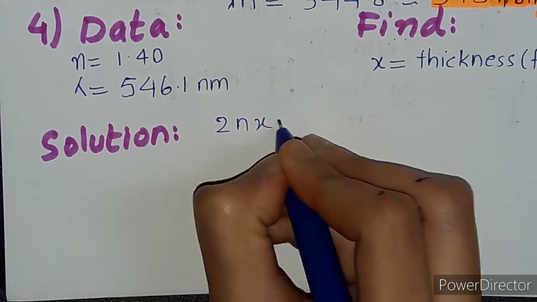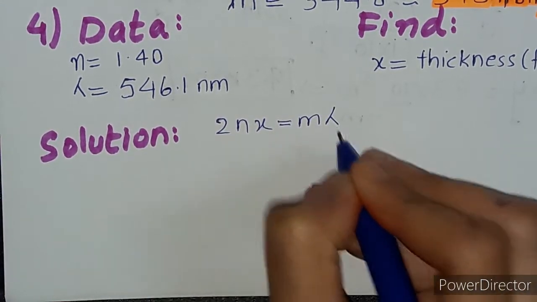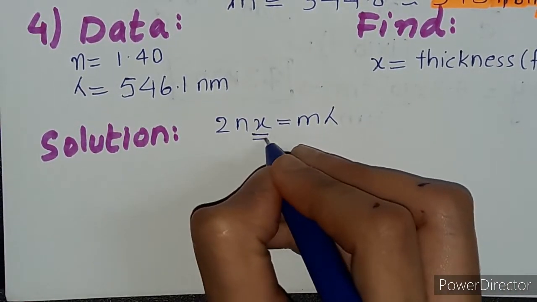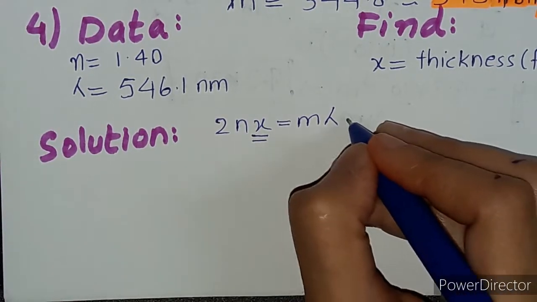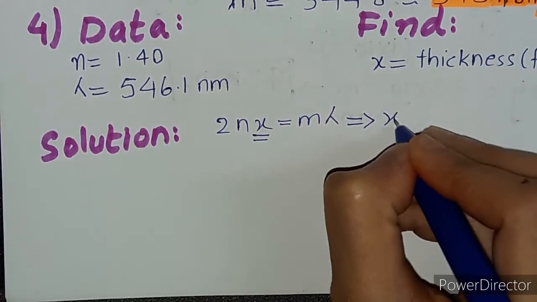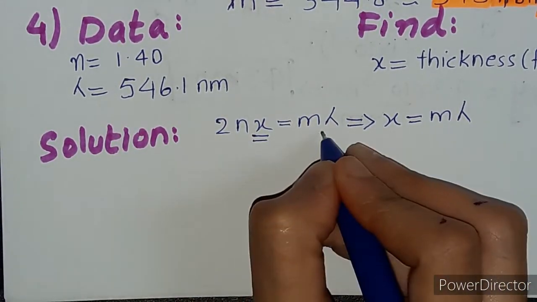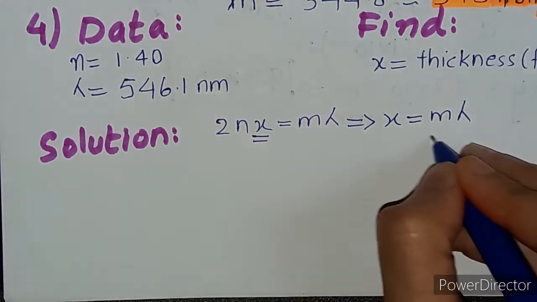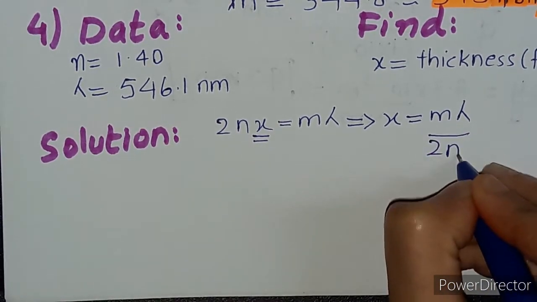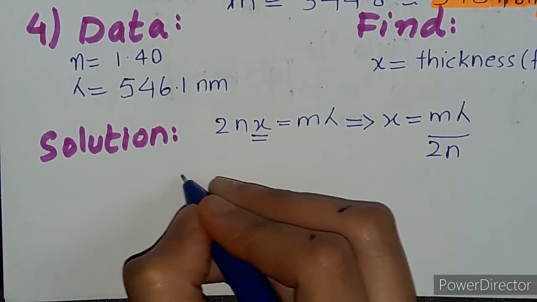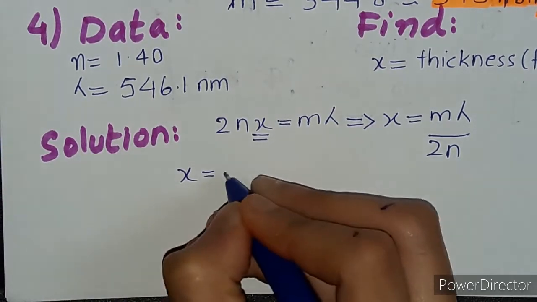2nx is equal to mλ. So we have to find the value of x. Rearranging this equation, x is equal to mλ divided by 2n. Now putting the values, x is equal to